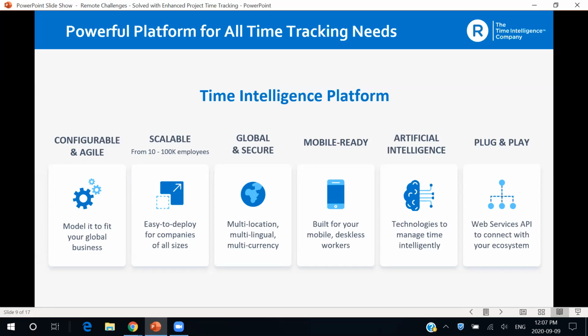Because realistically, waiting till you get home and trying to remember what you did during the day, maybe you keep a manual diary, it's just never going to be as accurate. And you want the data behind your organization in real time. So by putting this powerful tool in the palm of your hands, you can accurately and easily track your time